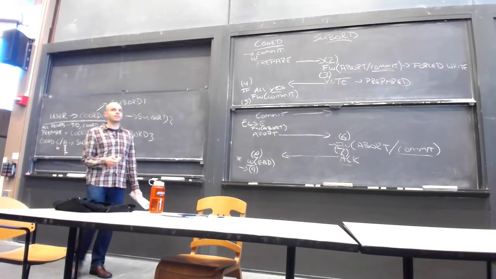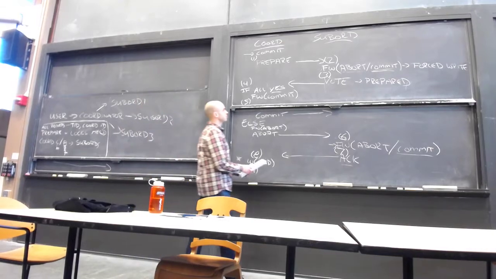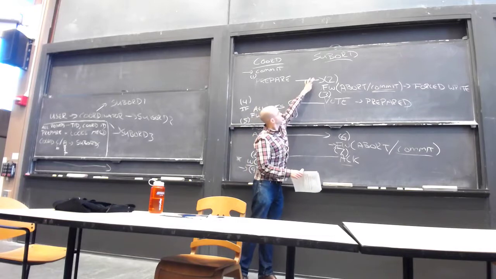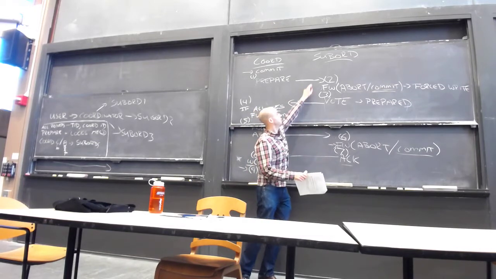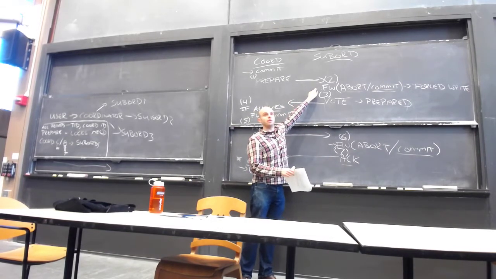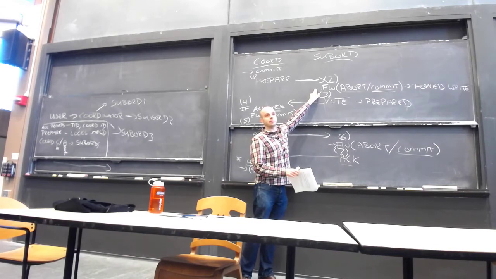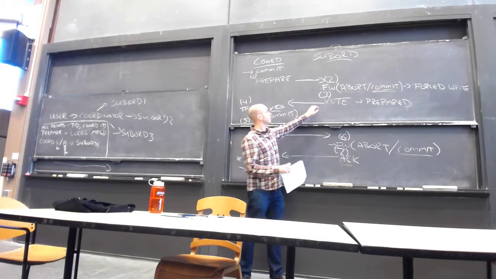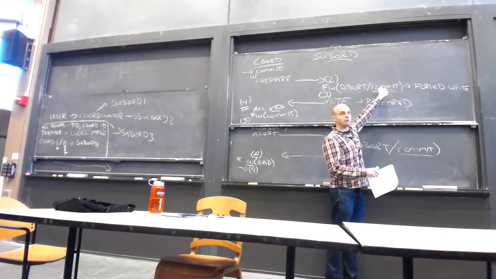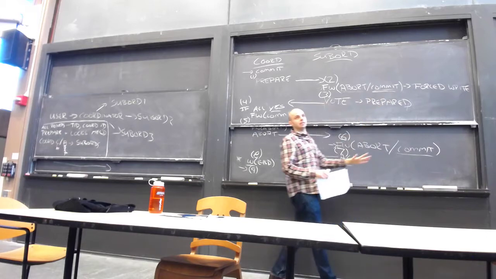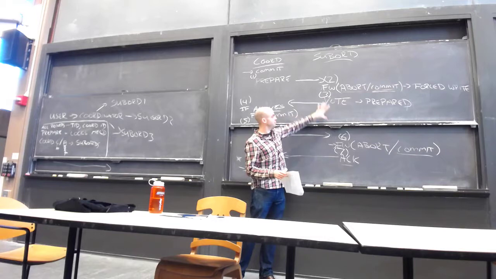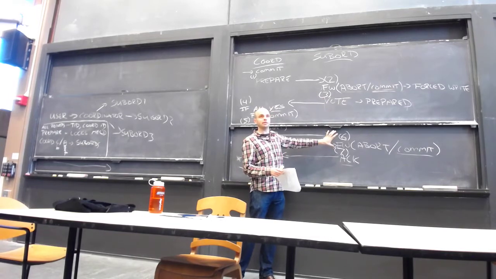So what is the difference between 2 and 6? Before the force write at 2, the subordinate hasn't committed to do anything. So it hasn't made any commitment about what it's going to do. Once it crosses this boundary, it's prepared and it's locked, and it can't do anything until it hears back from the coordinator. At this point in time, it's in the same gray zone as 3 here. I've already committed to it, and now I'm waiting to hear back